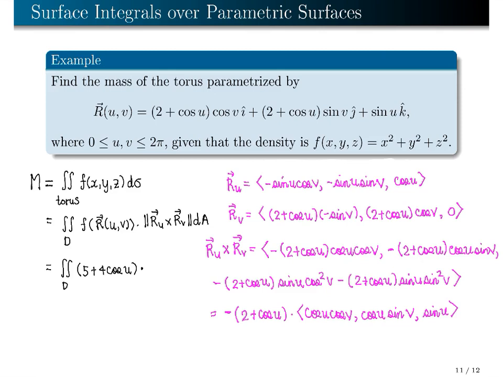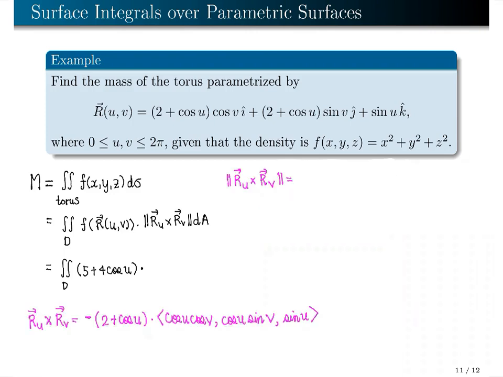We need more space to proceed, so we copy RU cross RV on this side and continue. We can now compute for the magnitude of RU cross RV. Observe that negative of 2 plus cosine u is a scalar factor of RU cross RV. Hence, for the magnitude, we have a factor of the absolute value of negative of 2 plus cosine u